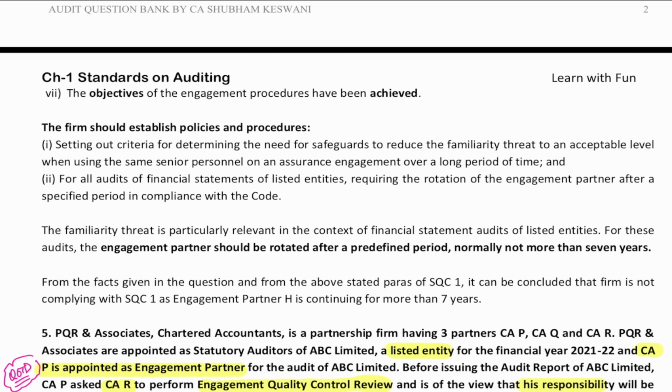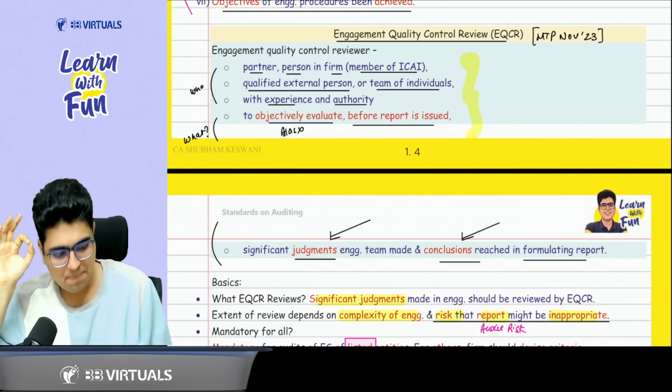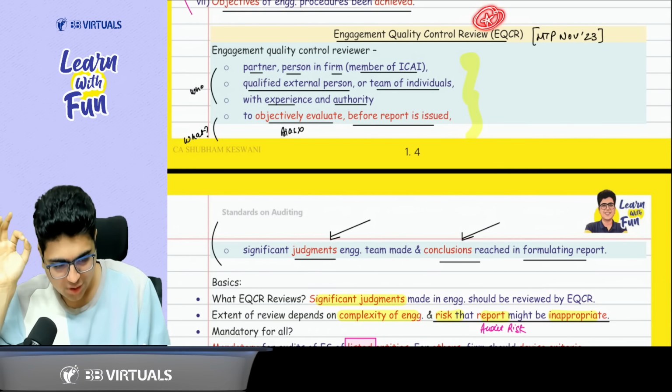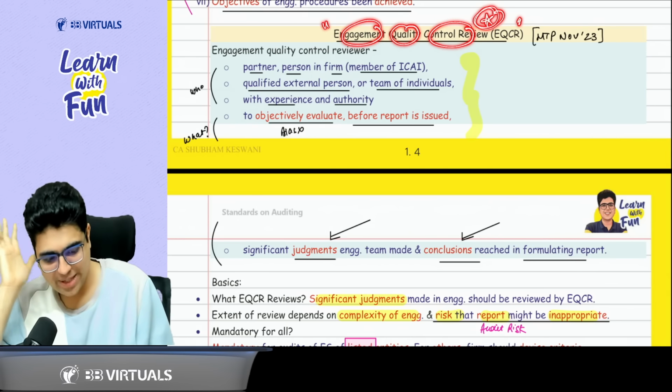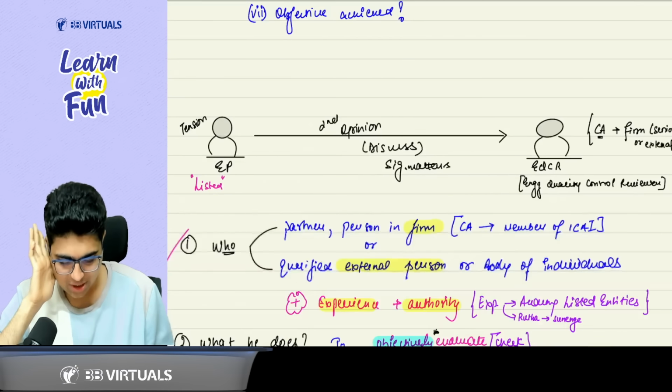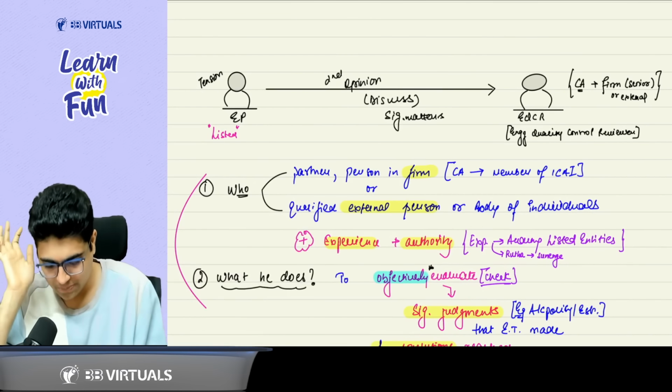Easy, easy, sir. Now let's start with the most important topic of your SQC-1 Essay 220, that is EQCR. That means Engagement Quality Control Review. Engagement Quality Control Review, what is the concept, how do things work? Everyone please focus on the board. Let's say you are an